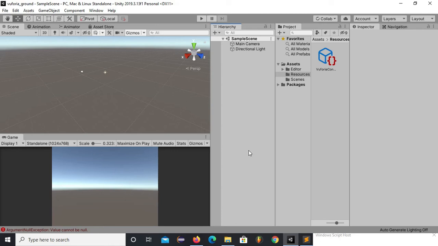Hello viewers, in this tutorial we will learn about Vuforia ground plane detection. We will build an app and we will see that as soon as our app detects the ground plane, a virtual object will be projected. So here I will be using a cube as a game object. You can import other 3D assets from Unity Asset Store,